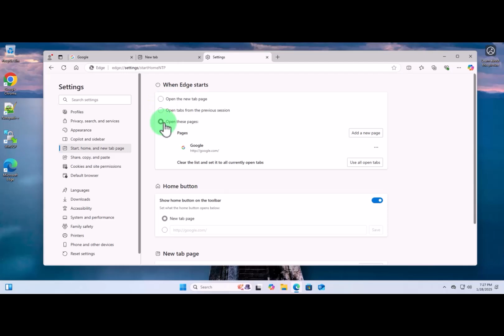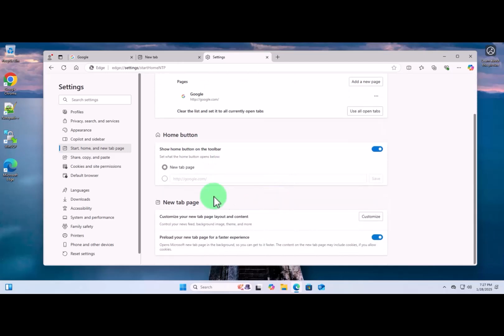So I changed mine and added a URL that would open a site, in this case google.com, but by default this is what's going to be selected. That's going to open the one that gives you the news feed. Now in order for us not to get that news feed, what we need to do is scroll down and under new tab page click on customize,